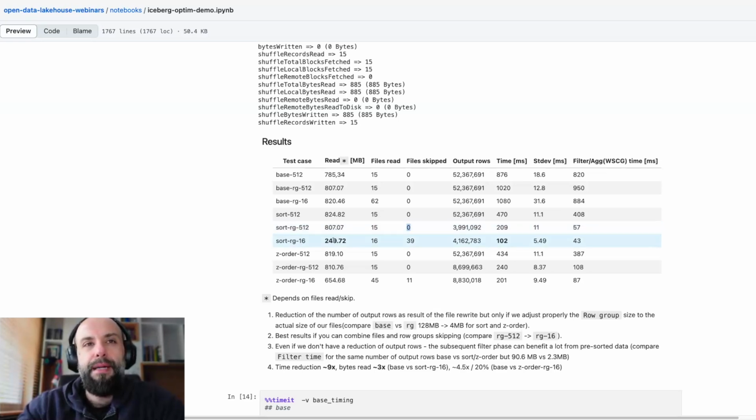But for example, if we decrease also our file size to 16 megabytes instead of 512, we observe an enormous file skipping mechanism, and in combination with the decreased row group size, we observe the best performance over here, because we got both a reduction of the number of rows processed, from 50 million to 4, so even more than 10 times. And also lots of the files were skipped,